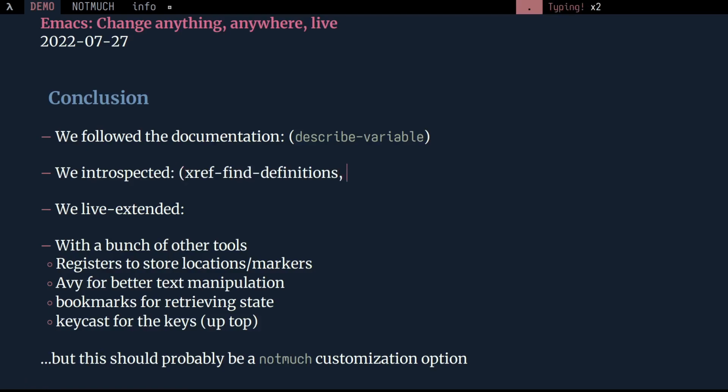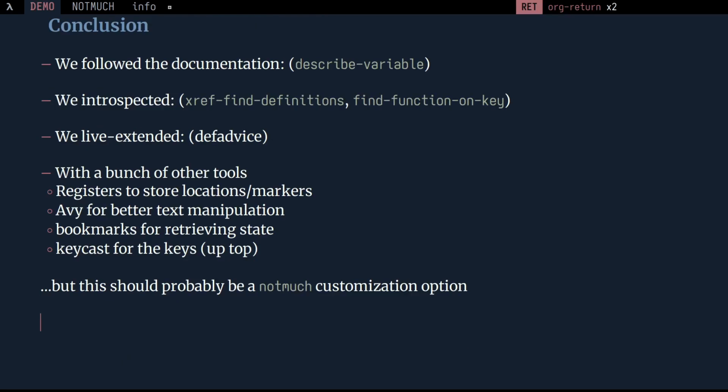We used xref-find-definitions and, of course, find-function-on-key. We live extended, of course, with advice, and we used a bunch of other tools to make our job easier. But there should probably be a Notmuch customization option. In any case,